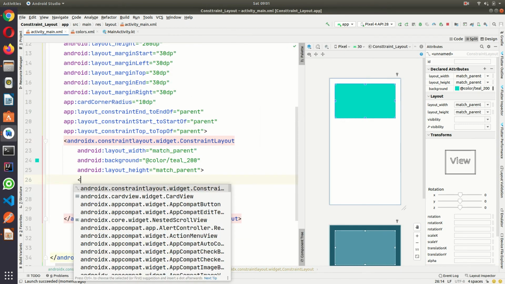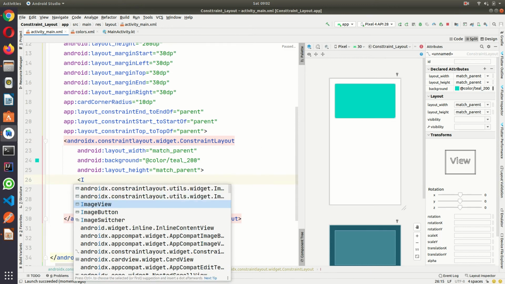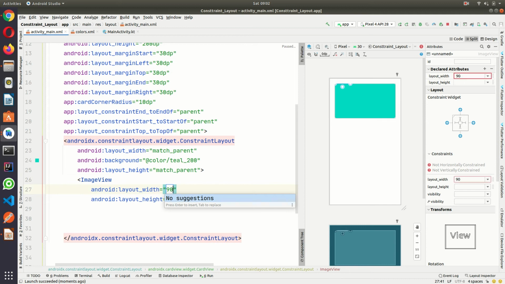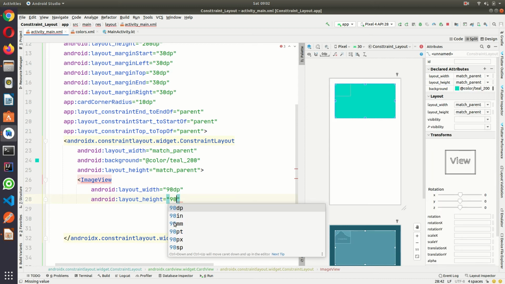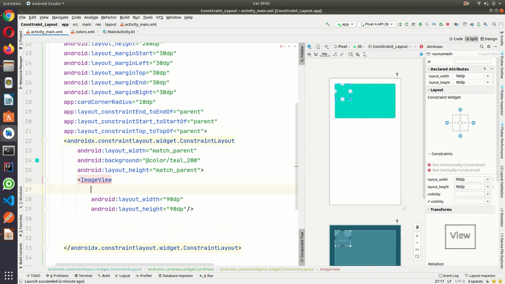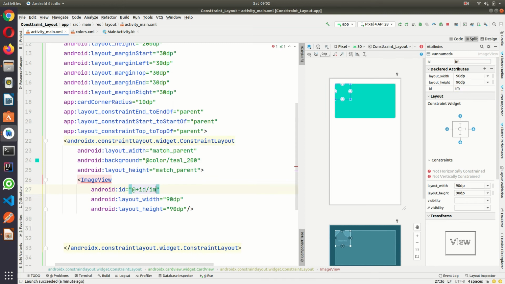Now I am going to create one image view here. I'm giving the width 90 dp, and the height should also be 90 dp. Okay, and first I'm giving the ID, image view.